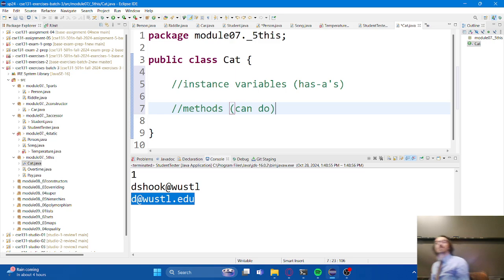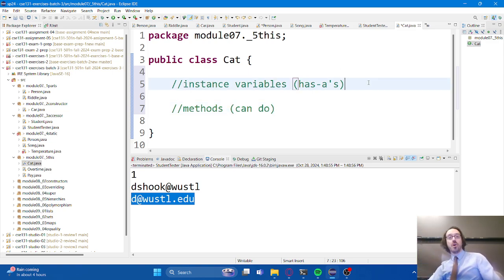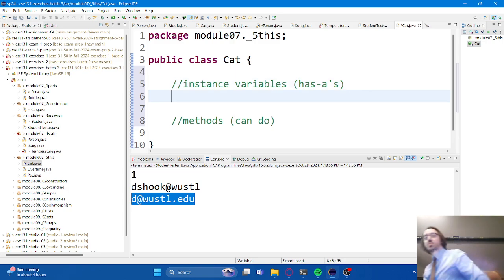Now, if I'm doing this for a professional project, for example, I have a very clear goal. I'm trying to make an app that does X, Y, Z, and the code that I'm going to include here is going to all be focused on accomplishing X, Y, and Z. We're just having a little fun right now. We're just exploring classes and how things work. So I want to ask you all, what are some instance variables? What are some has-a for a cat? A cat has a what? Somebody help me out here. Let's come up with a list.